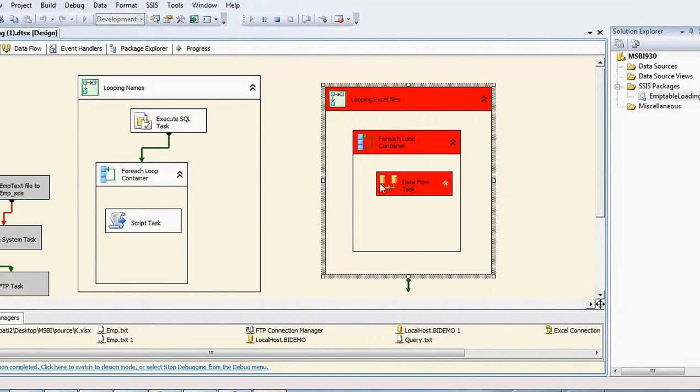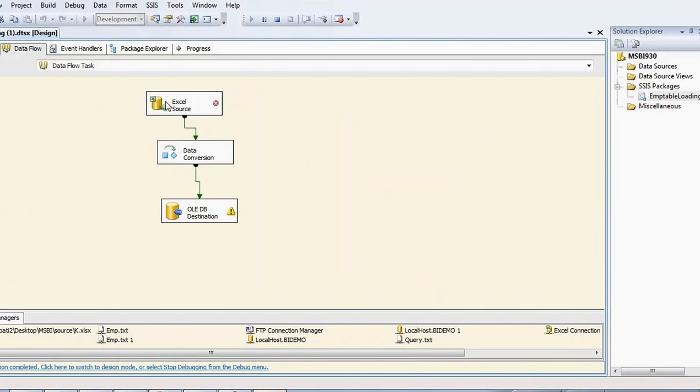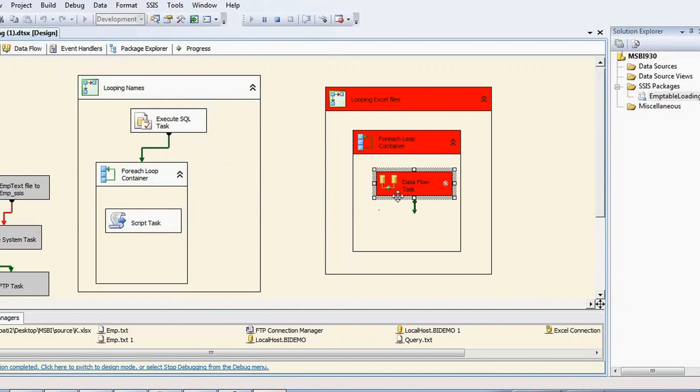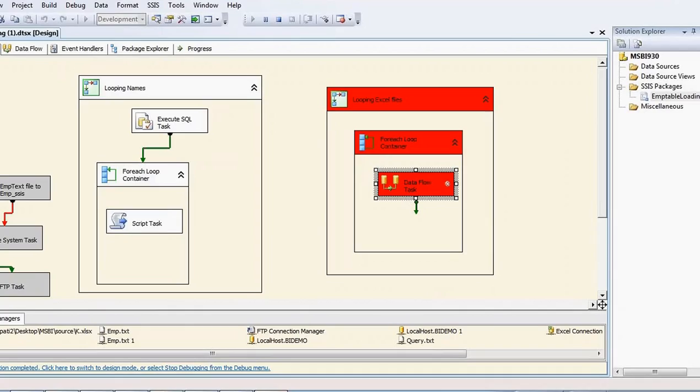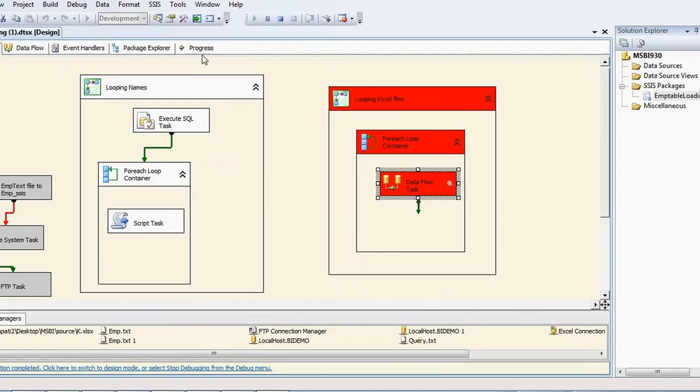Right, it is getting failure. What is the reason? It is not yet started, right? Yes, you will see the error.